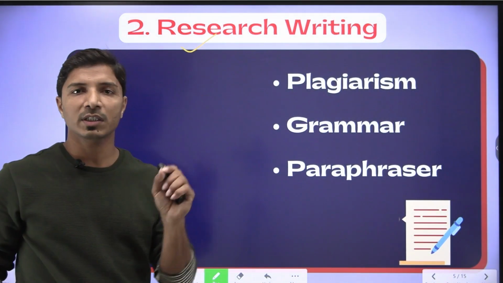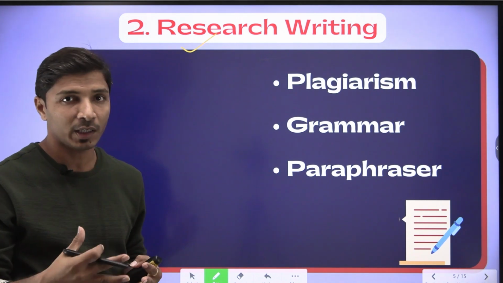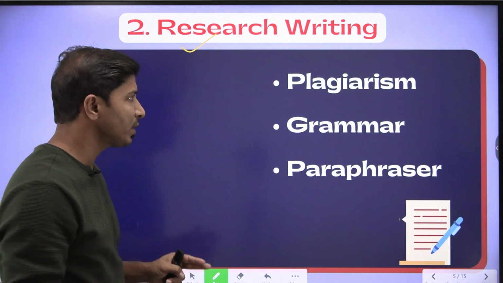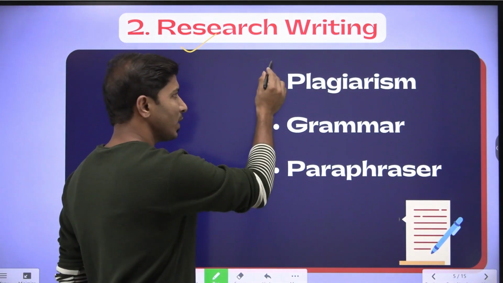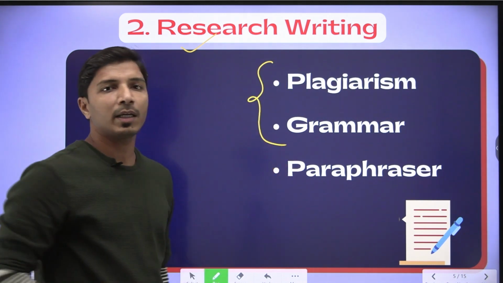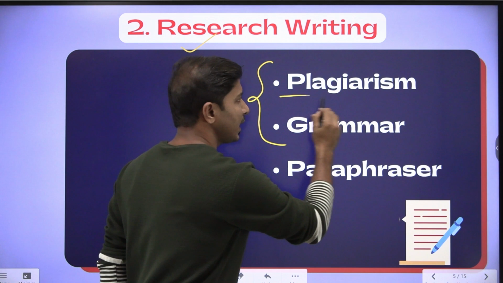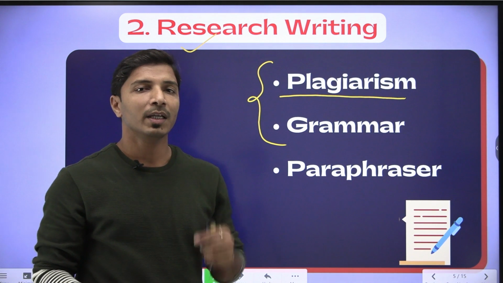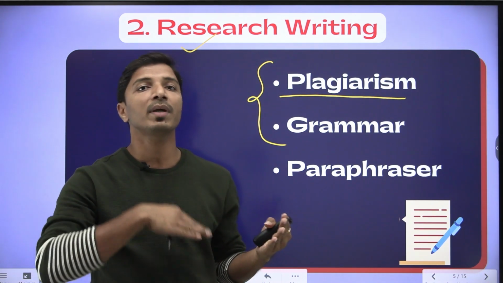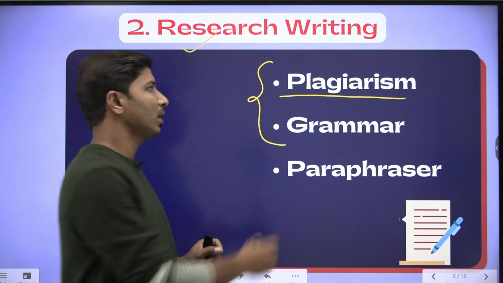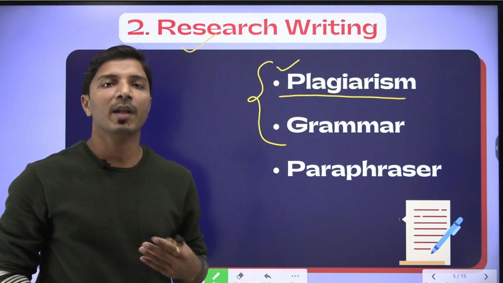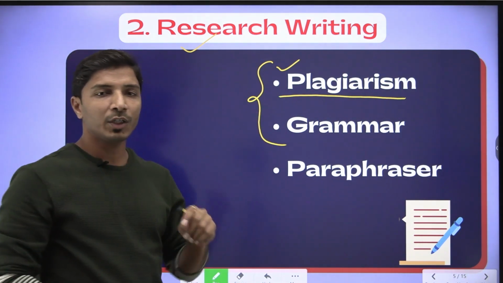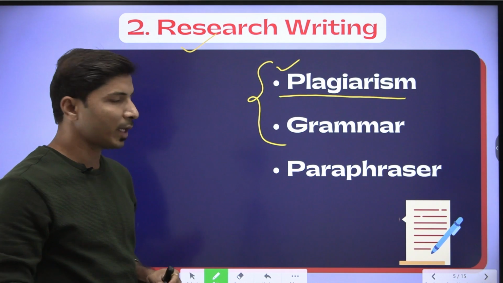When I talk about research writing, to make my research writing very effective, I may have to use multiple tools simultaneously, and the most important parameters to take care of are plagiarism and grammar. Plagiarism: if I have already published 2-3 research articles and I am writing my 4th research article, it is possible that my own text can be recycled, which will be caught under plagiarism, and this can be called self-plagiarism. So you need to check the plagiarism so that you are not committing self-plagiarism.